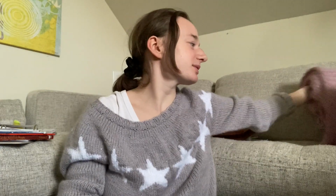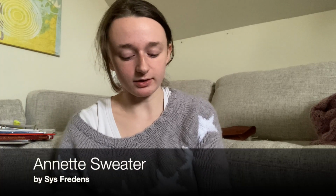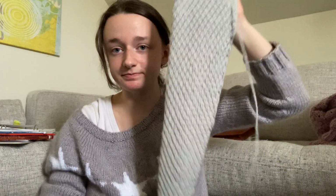So as I said, I'm scattered in my crafting. I have technically 2 works in progress. I guess I'll show it. I've been debating whether or not to even show it because I've totally stalled with it. So I started my Annette Sweater, it's a free pattern by Hobie Yarns. Hobie website, I don't know. The Annette Sweater. I modified it to do moss stitch like I talked about, and I did a whole sleeve,